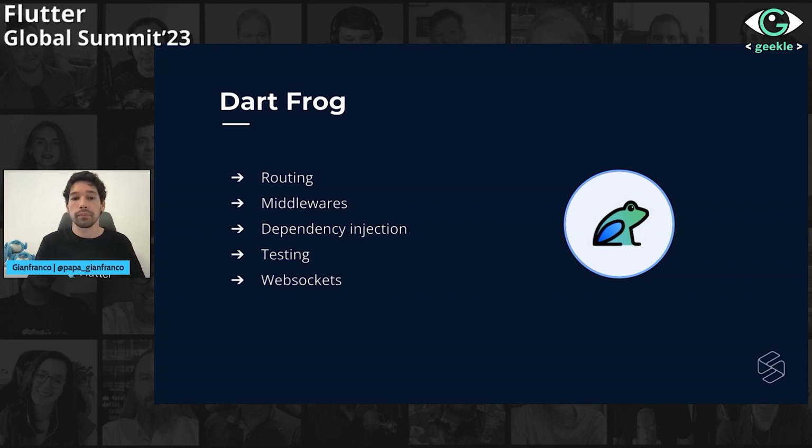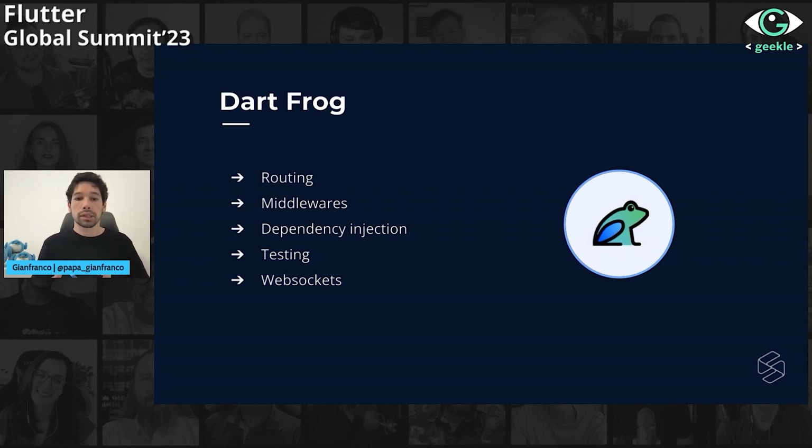For example, routing. Routing is basically how you define your API endpoints. Currently, you can define HTTP endpoints in a REST fashion, right? And then you can also define WebSockets, which is a change that was recently added to the library. And the way you do this is by defining your folder structure, and your files will match the actual routes that you will expose in your API.